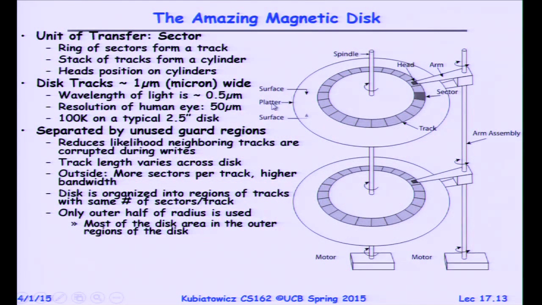There's guard regions around the outside to avoid corruption. The other thing to notice is the track length changes depending on where the head is. Everybody see that? Right? When the heads are on the outside, the track is longer. When the heads are on the inside, the track is shorter. Okay? Everybody's got that, right? 2 pi r. You remember that one, right? And the thing that's interesting about that is